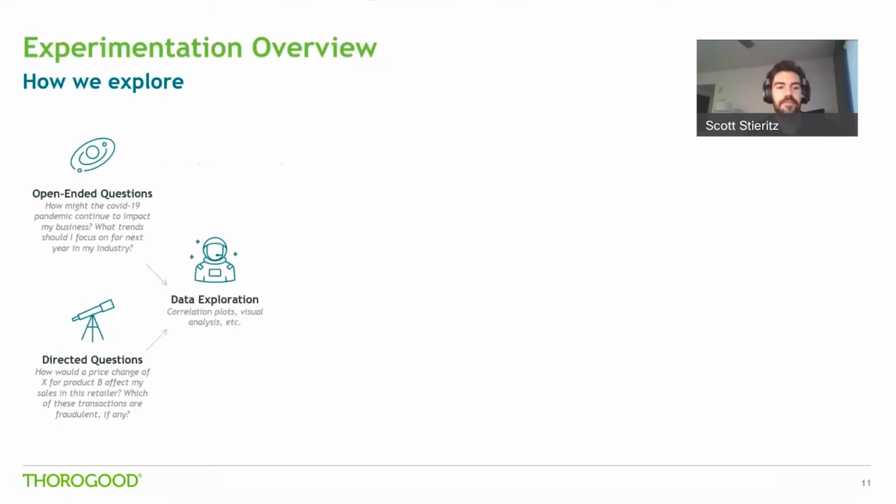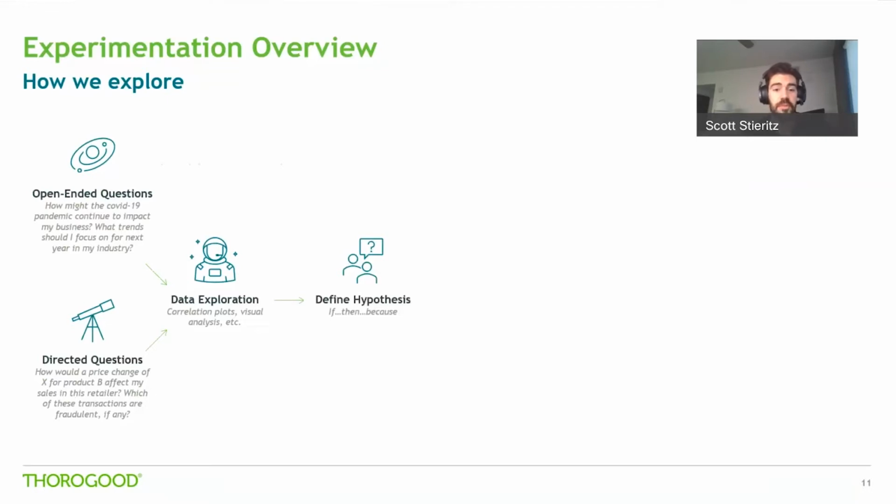We could have specific, pointed, directed questions. But either way, after understanding that business question, we want to move quickly into data exploration. So we could do things like correlation analysis. We could just start bringing some of the data onto the screen and build some visuals to represent our data. But what we're trying to do is better understand the relationships that lie within the data that we have available to us, and maybe better understand some trends, identify some areas for deeper exploration or where we can direct some of the focus of our questions.